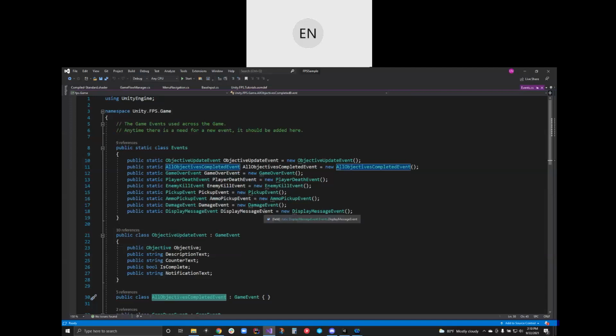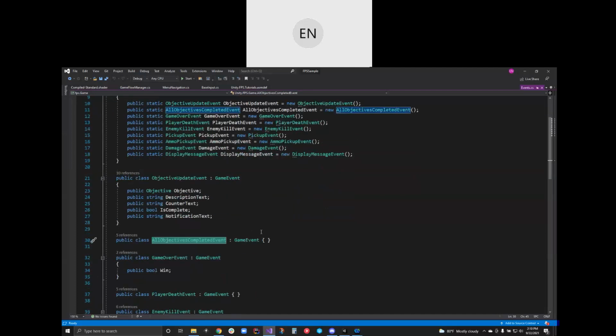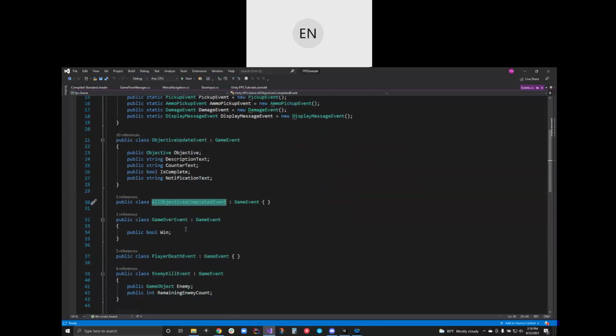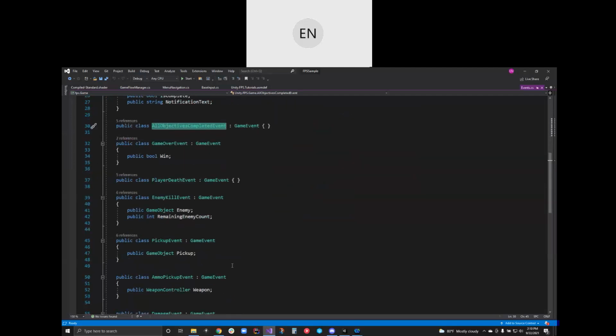So these events are defined, and you can listen to them. Meaning other classes can listen and remove themselves as listeners whenever they need to, and then other classes can come in here and determine when things have happened and actually call these events. So if I'm the player and I run up to a pickup, either the pickup or the player will say, hey, a pickup event happened, and I don't need to think about it all at once.